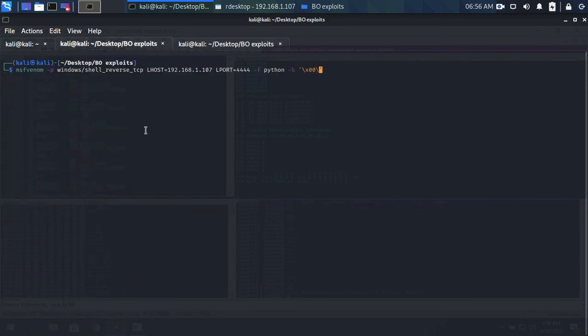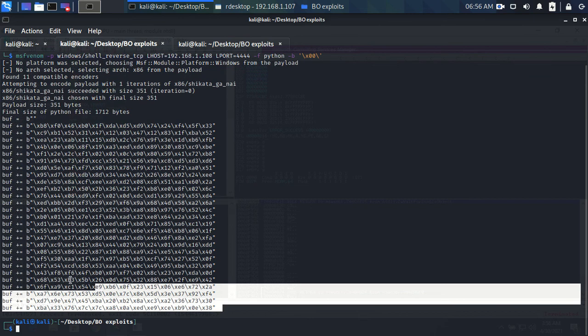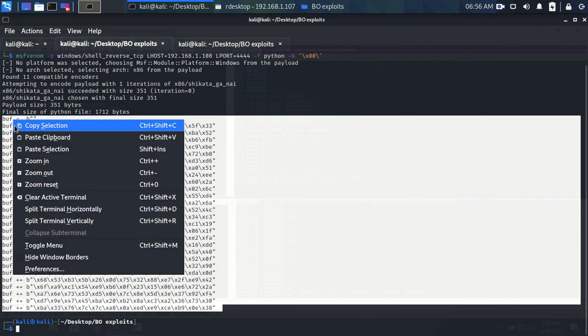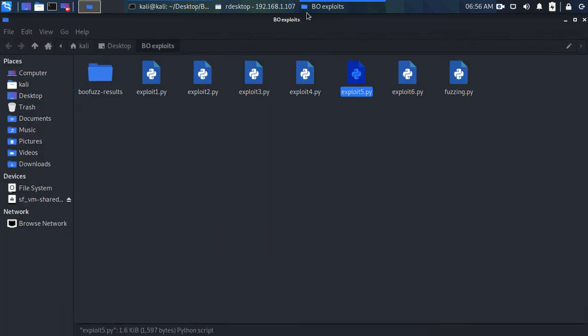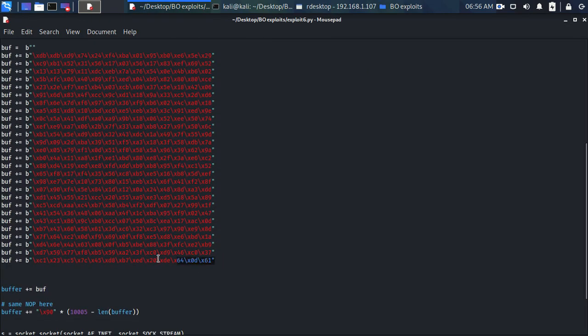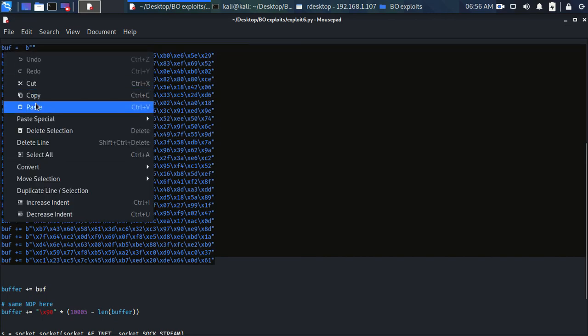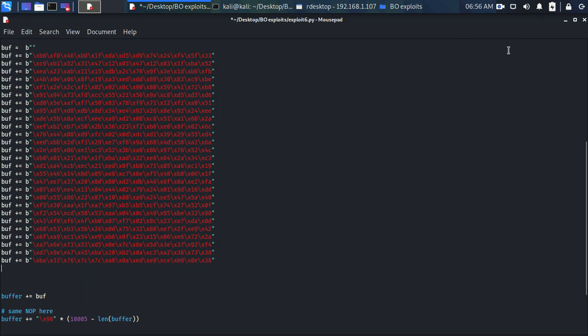Yes, I have specified the wrong IP. I was supposed to give the IP of this Kali machine. Generate the shell code once again, paste it in your exploit, save the file,